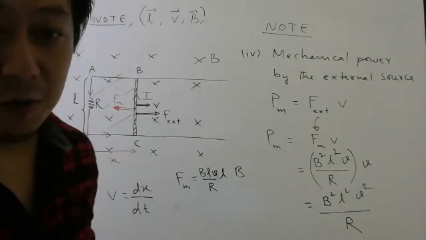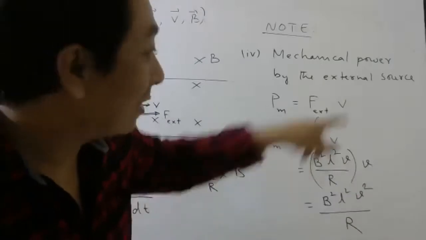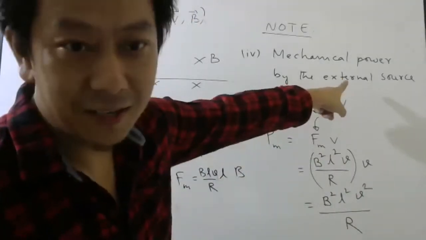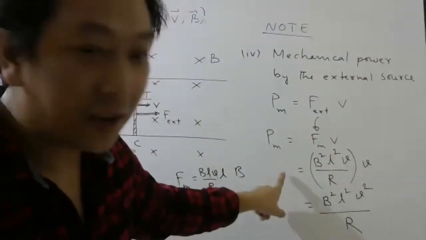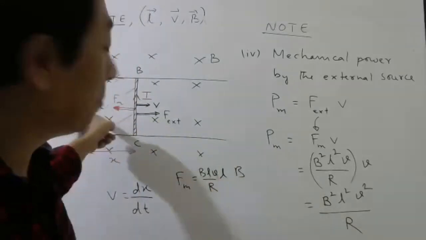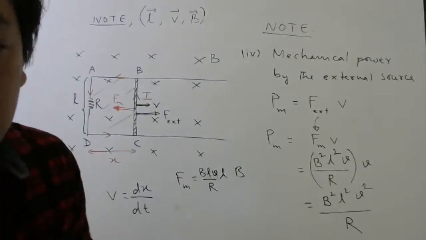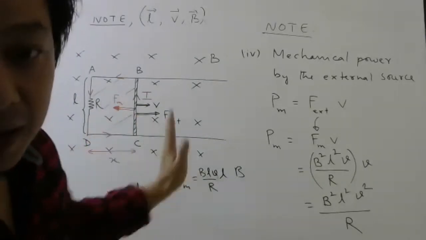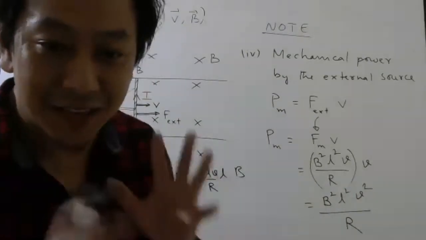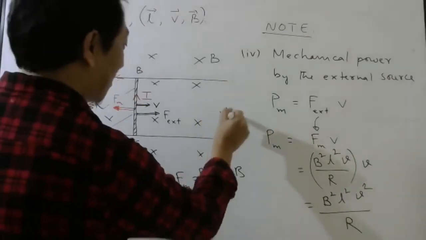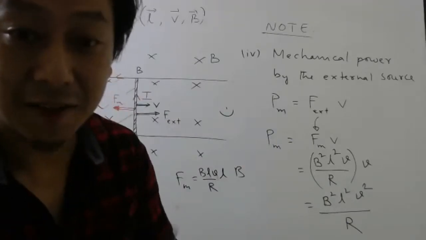That's it. Now I want all of you to check the mechanical power spent by the person, the external agency, Pankaj sir or whoever it is, some machine also it can be. Compare this mechanical power with the power consumed in the bulb. What are they? Same. And that makes us happy, because that means conservation of energy is valid.